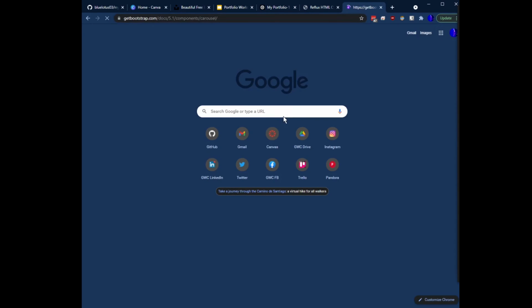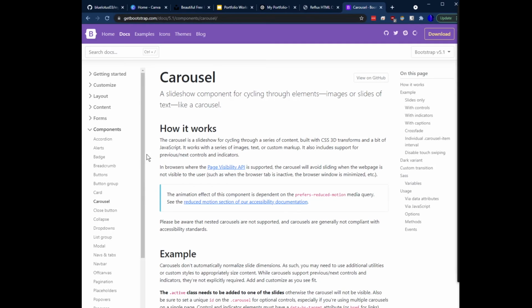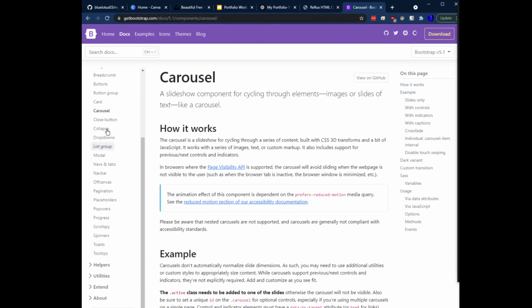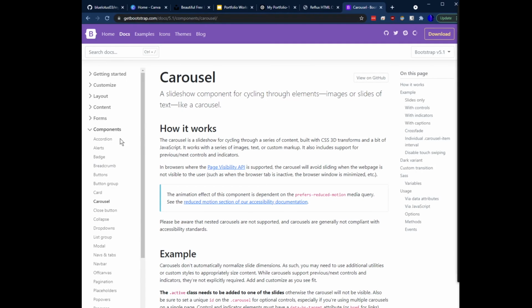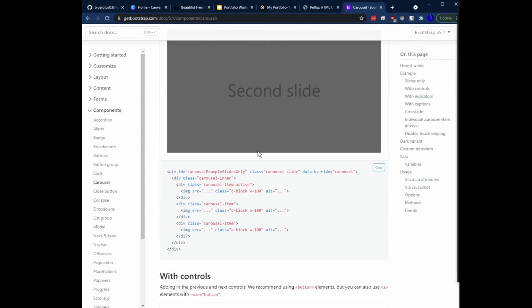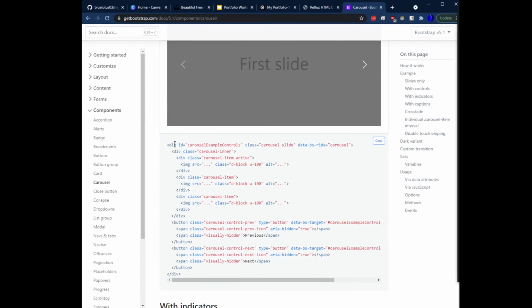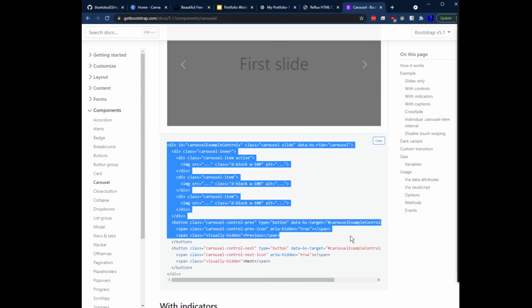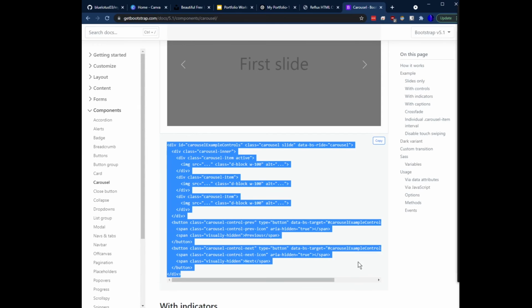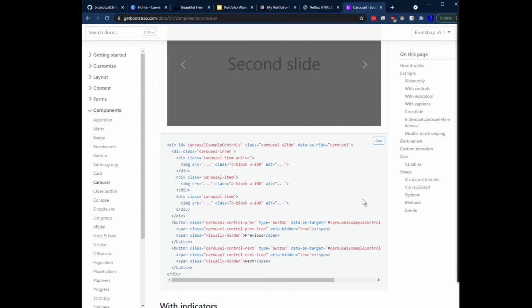So Bootstrap is code that's already made for you. If I click on some kind of component that I want, whether that's a button group or a carousel of images or something, I can scroll down and see, okay, this is slide by slide, this has little arrows, and they have all the code that you need for that. So you literally can copy this, paste it in wherever you want it to appear on your page,